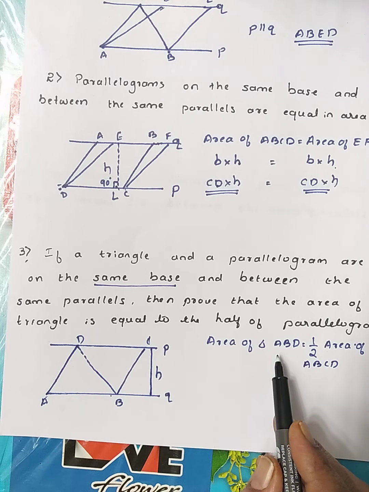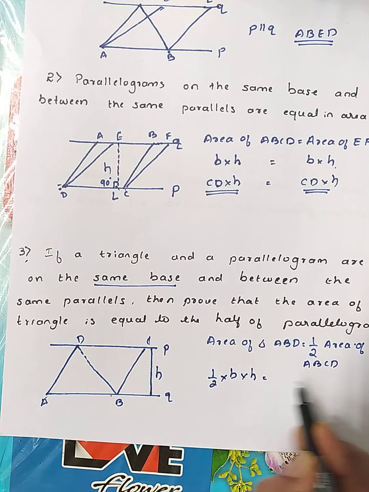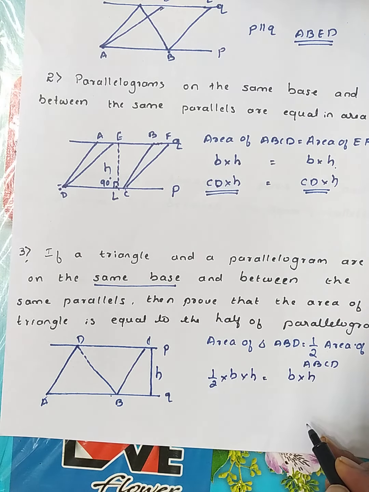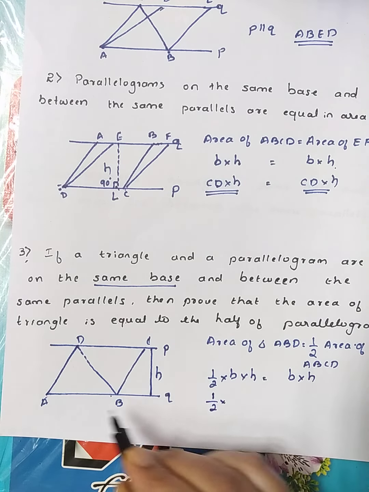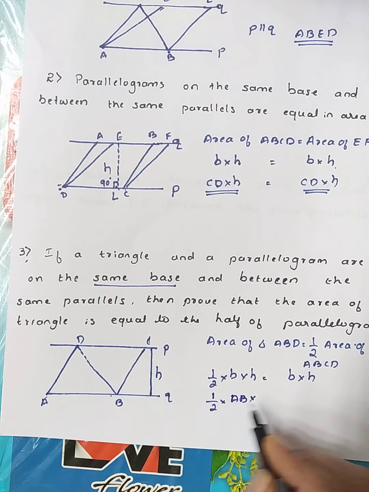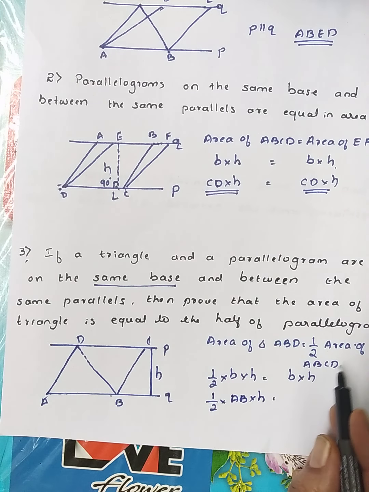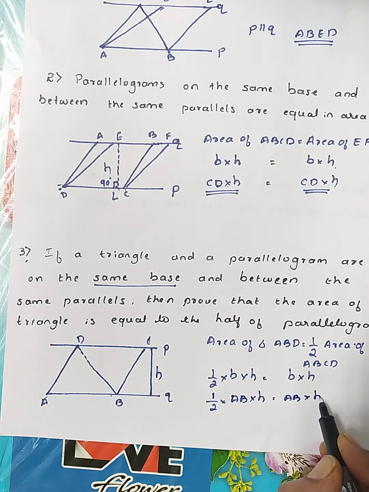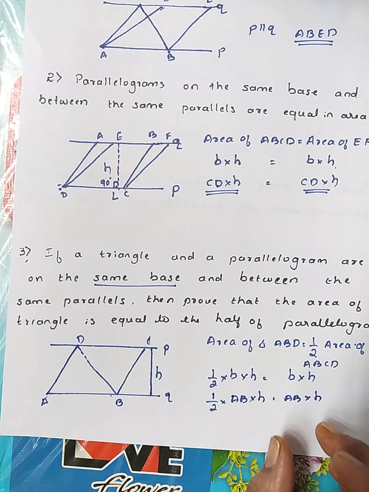So for ABCD, the area of a triangle is half base into height, and the area of a parallelogram is base into height. That is, half, base is AB here, and height is H, so half B into H. For the area of the parallelogram, the base is AB, and the height is the same here. So before proving that, we will see that,